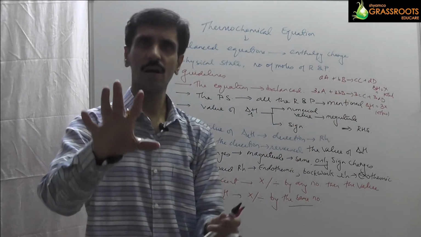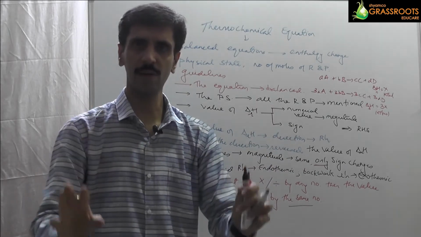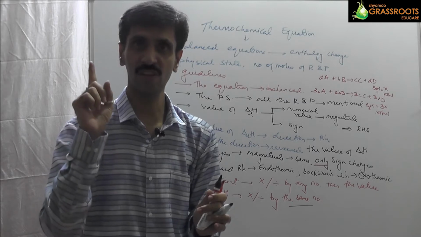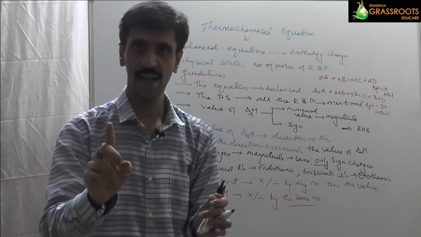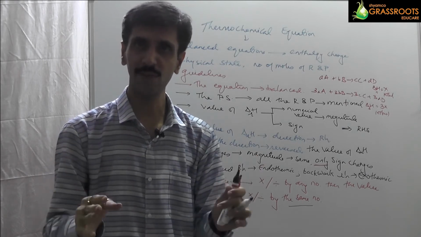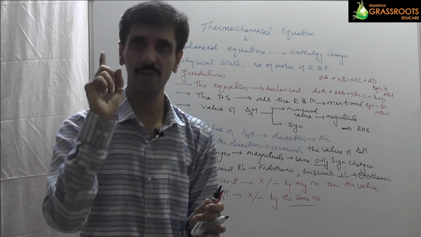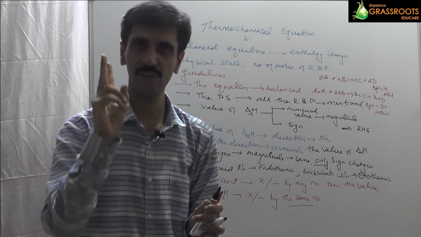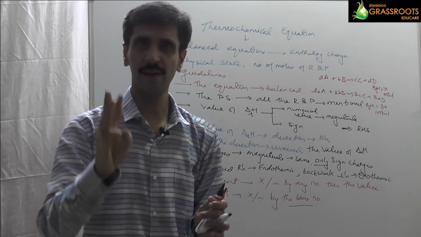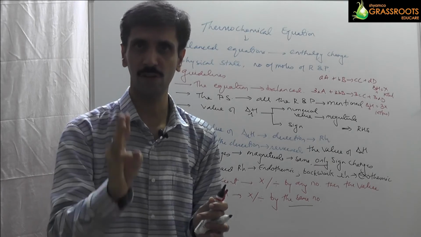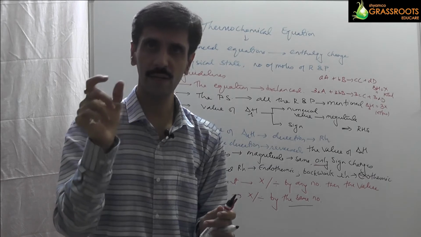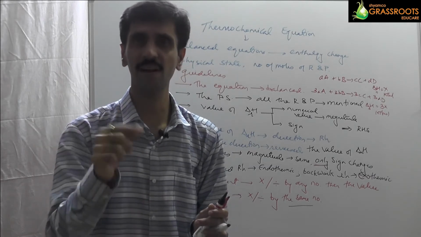तो ये है दोस्तों about thermochemical equation. So what is a thermochemical equation? It's a balanced equation, okay, which specifies the change in the enthalpy, the physical state, as well as the number of moles of the reactants as well as products. अब इसमें guidelines में क्या क्या है कि पहला point is the equation has to be balanced. दूसरा, the physical state of all the reactants and the products has to be mentioned. तीसरा, the value of the enthalpy of the reaction has to be mentioned on the right hand side of the reaction। वैल्यू में 2 चीजें आनी चाहिए, एक तो न्यूमेरिकल वैल्यू मतलब उसको मैग्नीट्यूड बोलते हैं, और दूसरा साइन which can be either positive or negative।